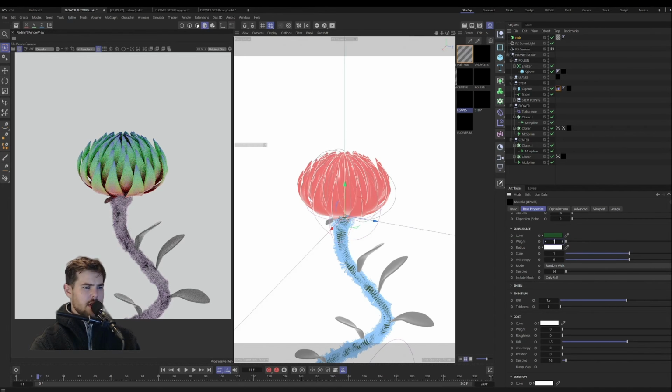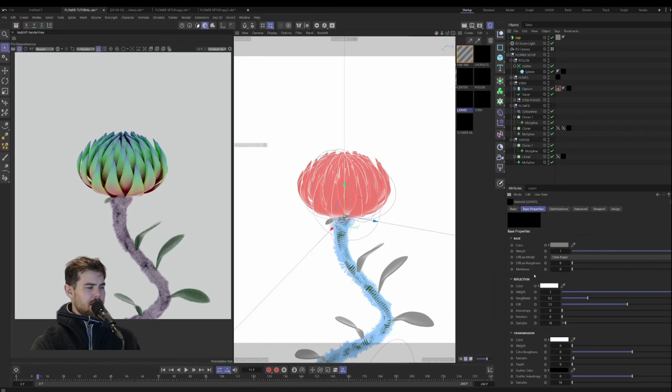Let's do something dark and reduce the scale quite a bit so we get some light coming through. Maybe increase the roughness a little bit. And then on our,